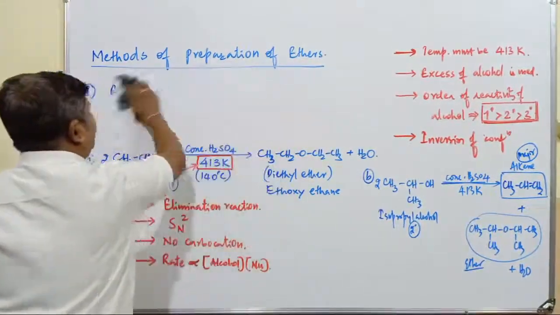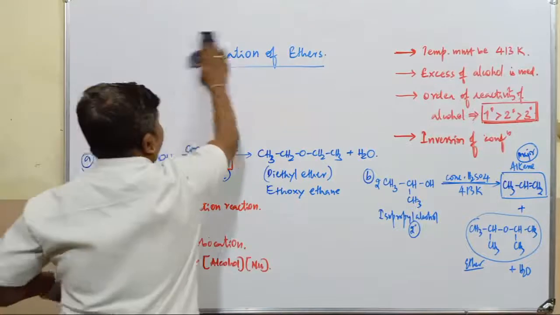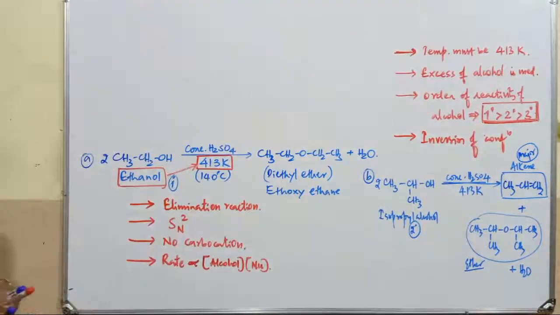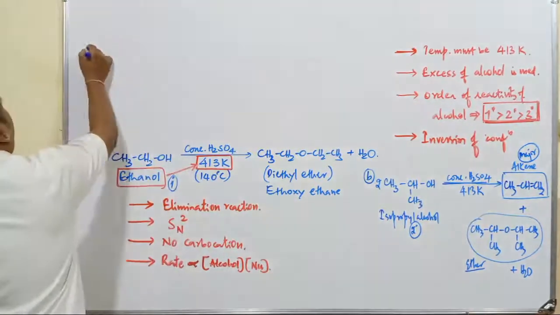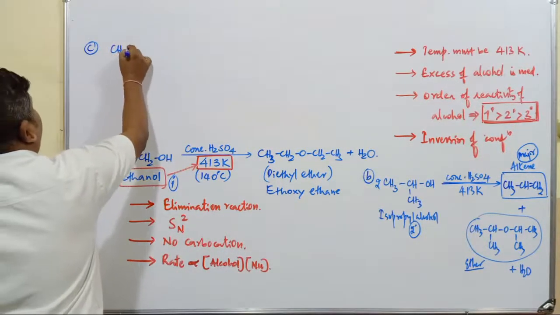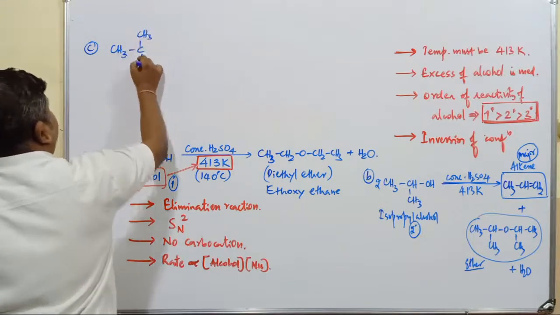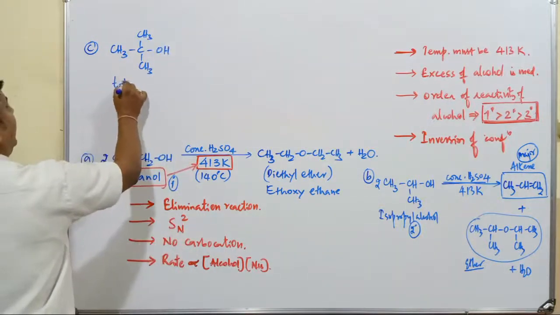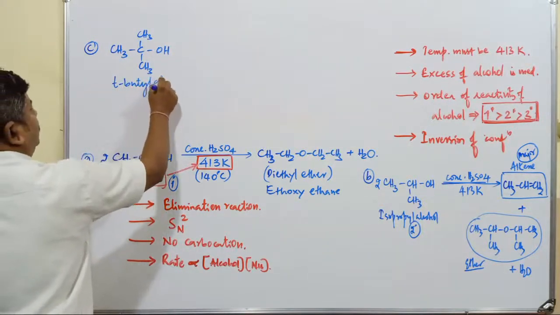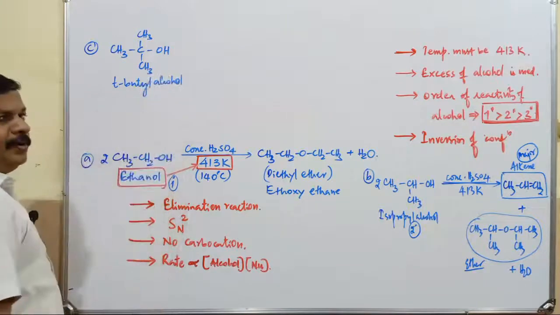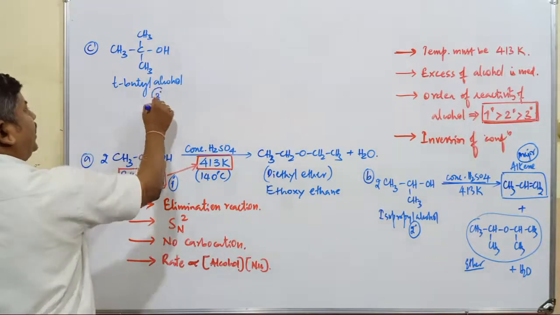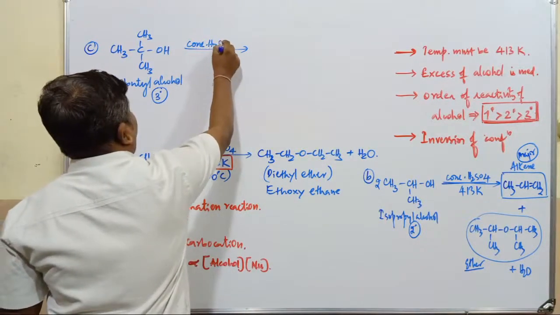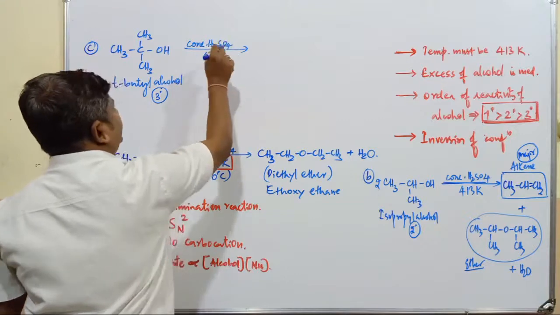Whether the formation of ether takes place or not in case of tertiary alcohols. I'll give one example for that, a tertiary alcohol. If I start a reaction with a tertiary alcohol, this is CH3, this is CH3, next one is going to be OH. It is tertiary butyl alcohol, right? What type of alcohol is it? 1 degree or 2 degree? It is a 3 degree alcohol. When this tertiary alcohol is treated with concentrated H2SO4 at a temperature of 413 Kelvin,